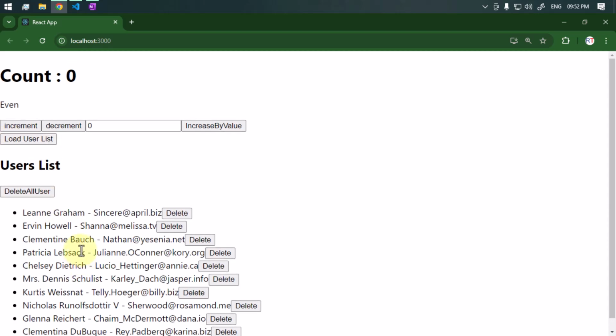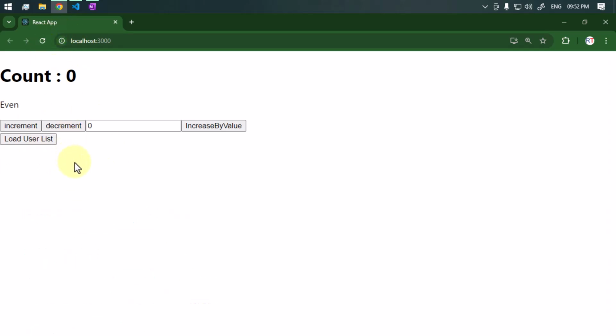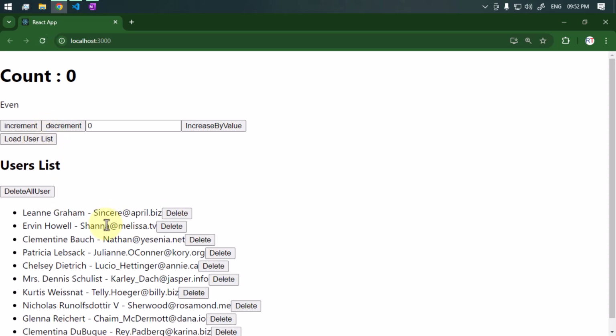Now whenever we need the user list, we can simply click on this button and we can load the user list whenever required. So with this technique, our application is a lot more optimized and our application loads very fast. So this is the way we can use the code splitting technique and we can improve the load time of our React